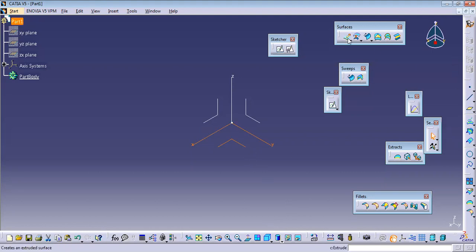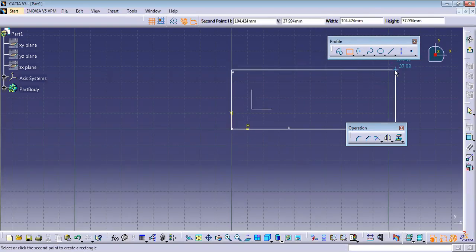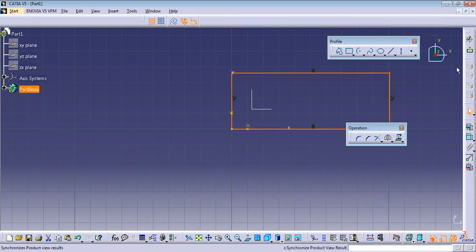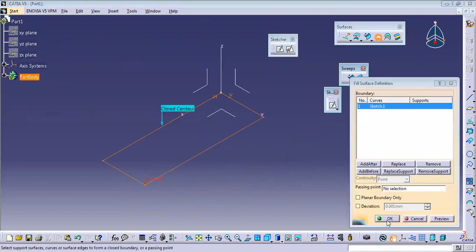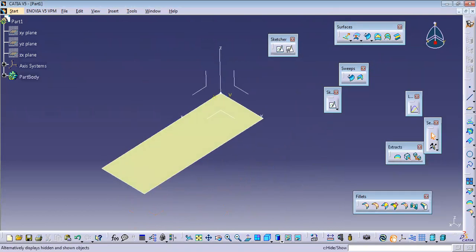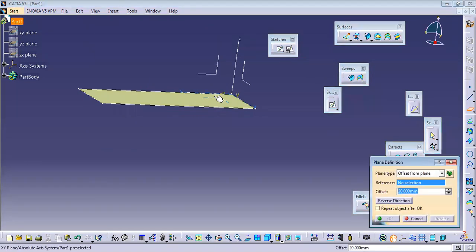So I'll just go with the sketch here. I'll create, for example, this is my plate. I'll just fill this with the material, with the surface. Now what I want is a hole here, a hole in a pattern of rectangle. With some depth, to create that depth, I'll create one plane here. I'll select this plane and say reverse in the direction.